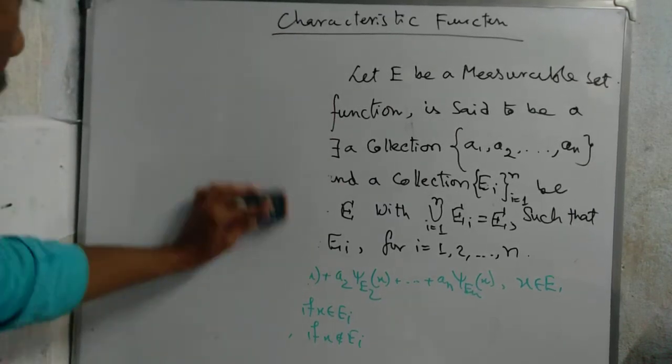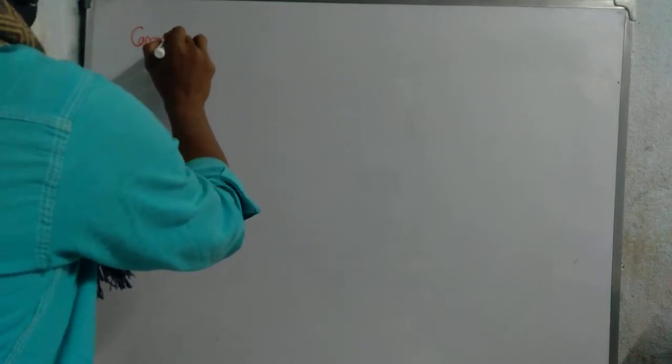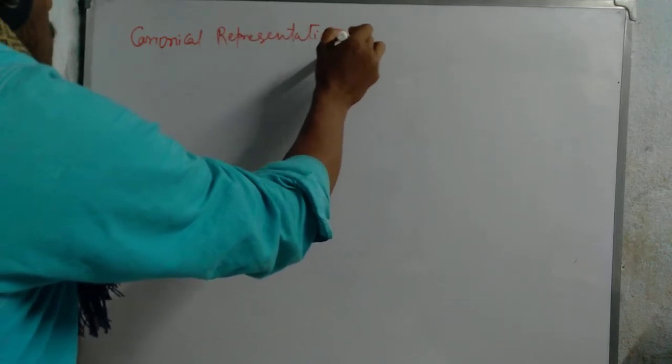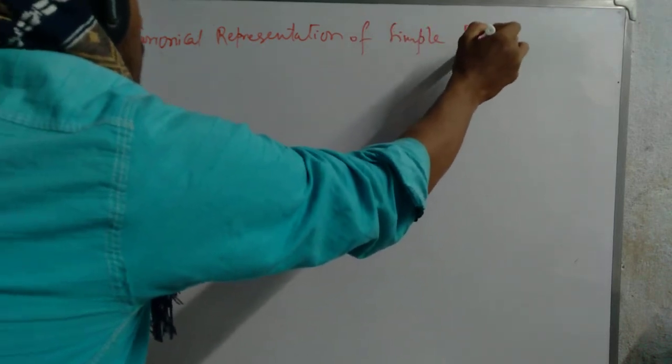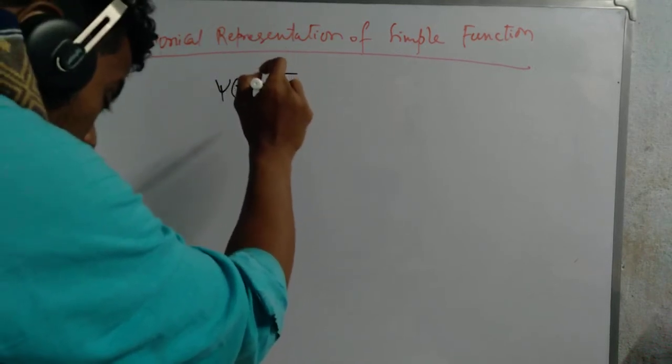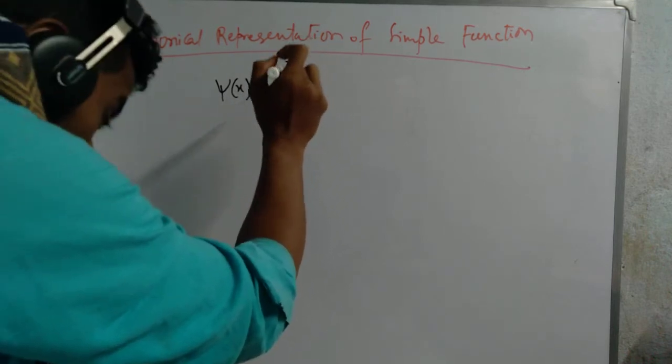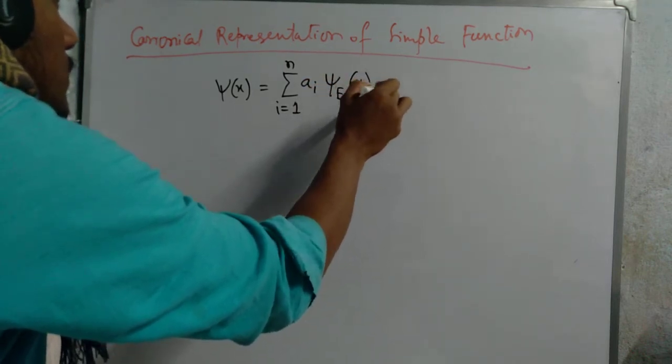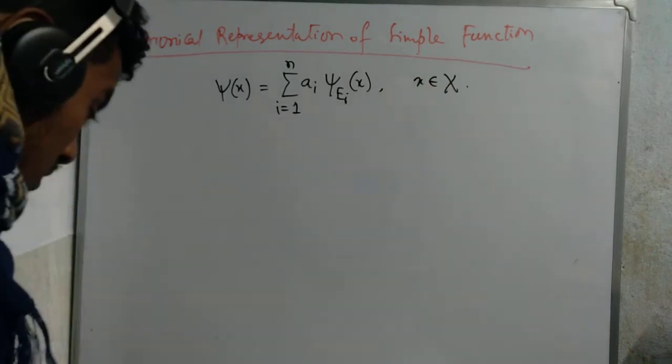We write psi(x) equal to the summation for i equal to 1 to n of a_i psi_Ei(x), where x belongs to X,